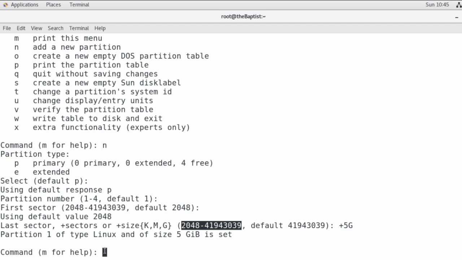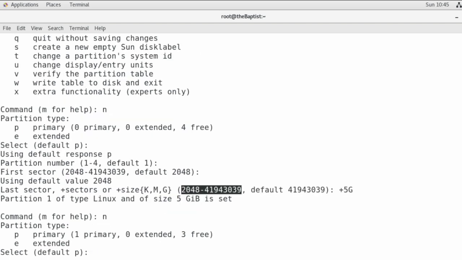So we want to create a 15 GB second partition, and for that press the command n again because we want to create a new partition. So press n and press enter. It will show that in the previous screen it was 0 for primary. It is now showing us 1, which means we can give the next partition number as 2, or you can just select it as primary.